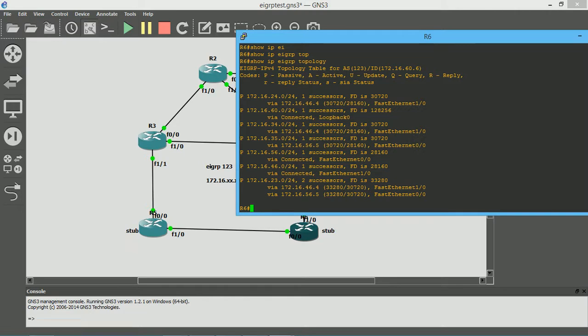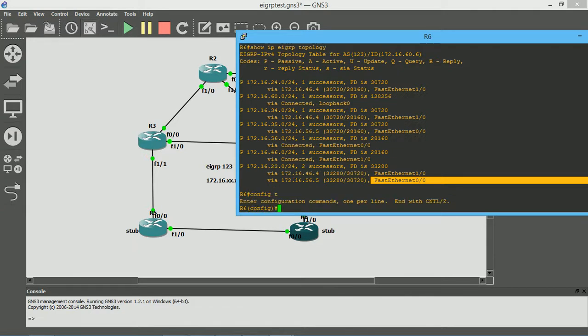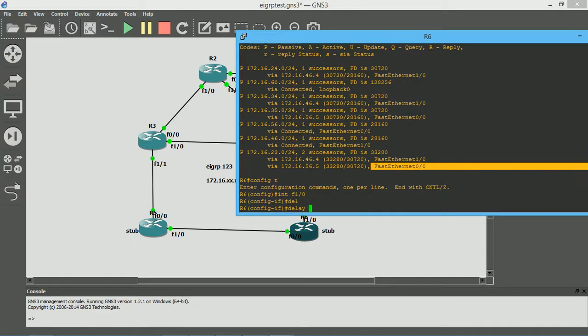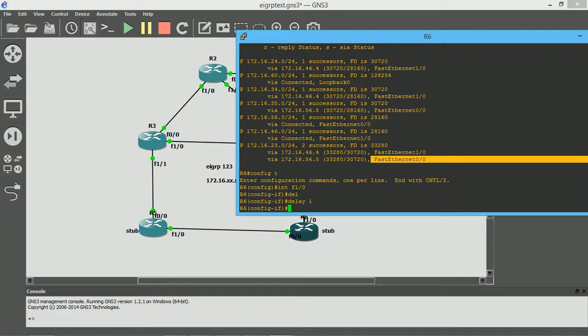Let us assume that the best path to this destination I want to be this interface f1/0, and this will be your second best, I mean feasible successor. So I will go to interface f1/0 and say delay is 1. This is a multiplier of 10. If I'm saying delay 1,